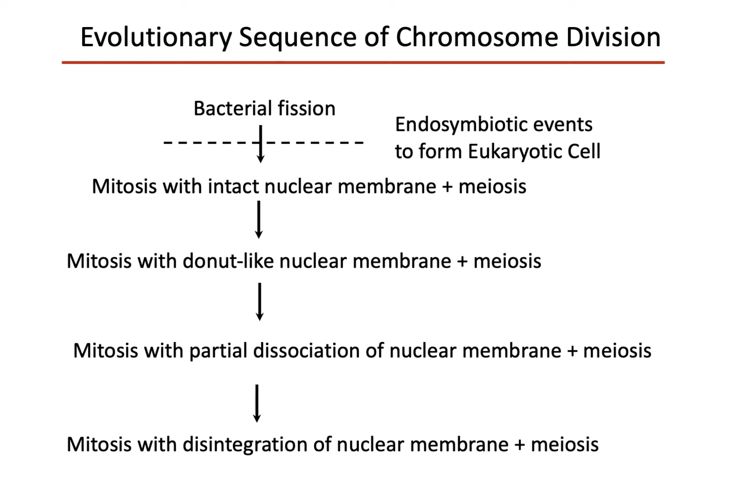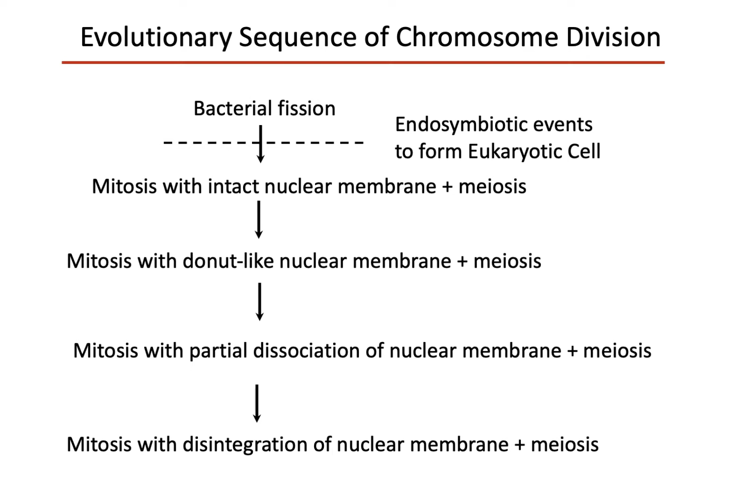Some organisms appear to have lost all of their sexual stages, and so in some cases that means that there is no meiosis, and in other cases there are meiotic divisions, but then there are hermaphrodites that form both types of gametes in one organism. So a lot of variation among